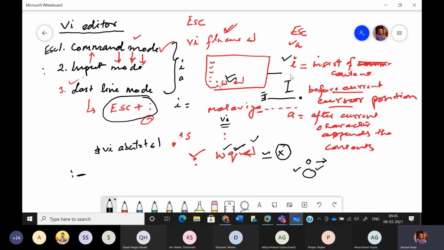Similarly, I may be at the end of my current line, and I'm just making sure that I have come to command mode by pressing the escape key, and after that I press capital I. So what will happen, I will be allowed to make the insertion at the beginning of the line. Okay. So there are many options which we can use, and many of them are very useful, which are not available even in case of the gedit editor. It may be very user friendly, but it's not giving that kind of facilities which we get in case of the vi editor. But of course, the learning of the vi editor is somewhat typical in comparison to notepad or gedit type of editors.